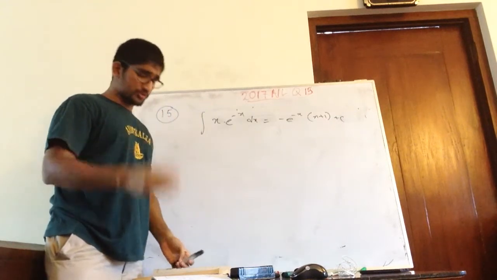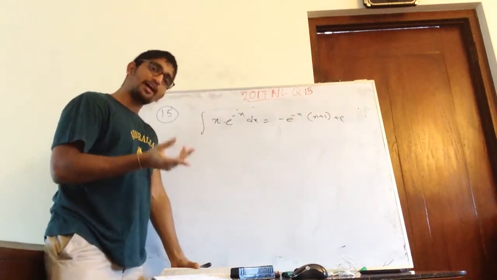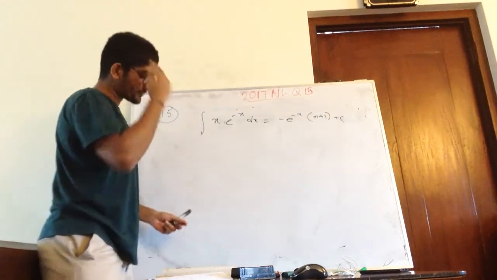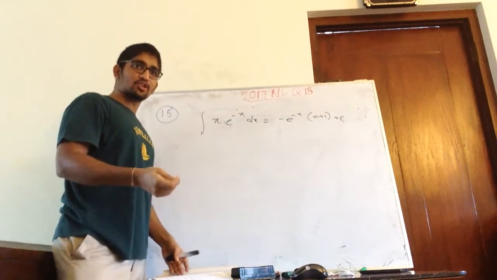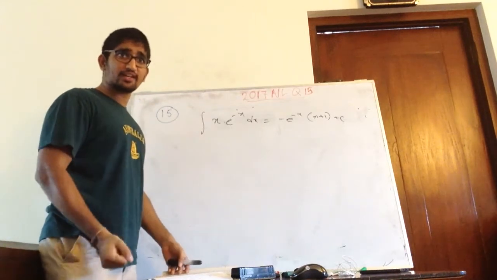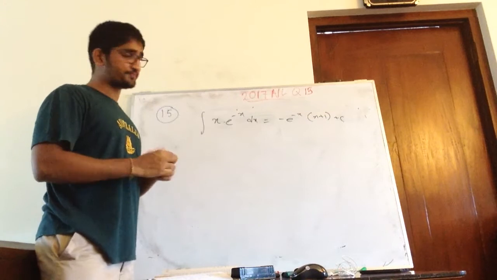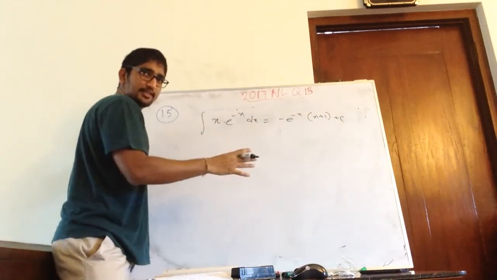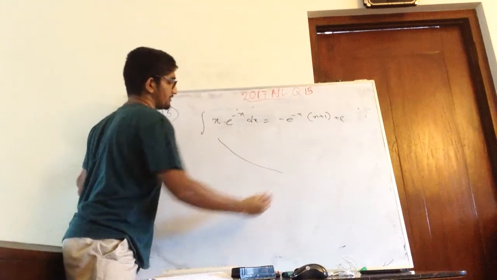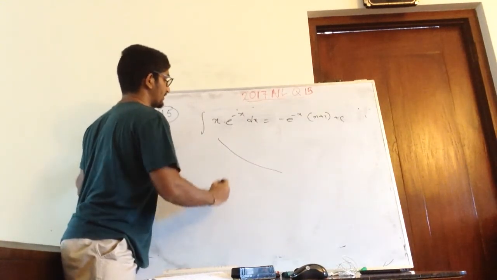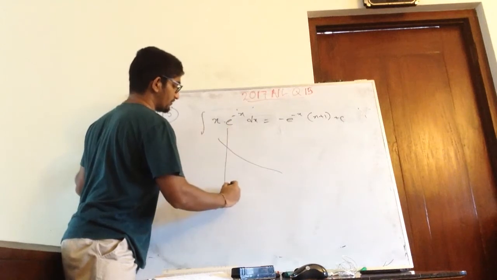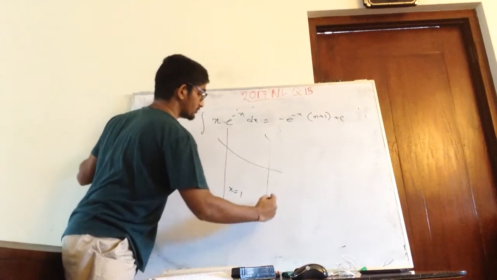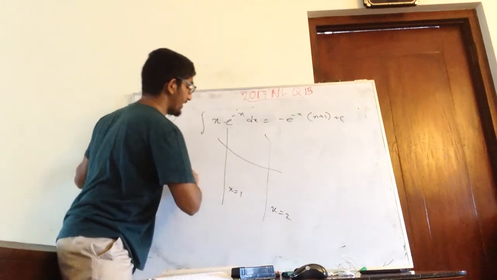Now we can go to the fundamental application of integration. That is the area, right? They are not saying directly how to find the area, but they are giving several things. What they are saying is, let's consider the shape of this graph something like this, right? Then they are saying there is x equals 1, then there is x equals 2, then there is y equals 0.